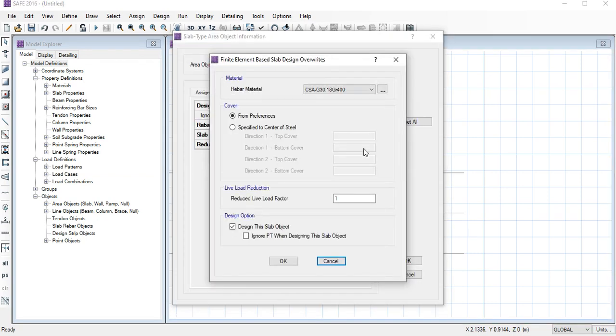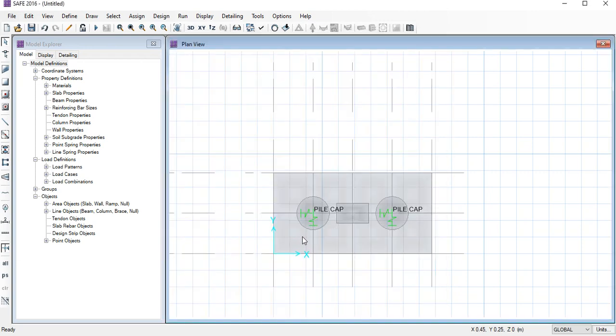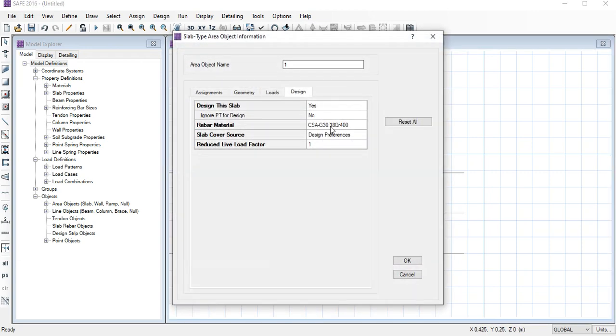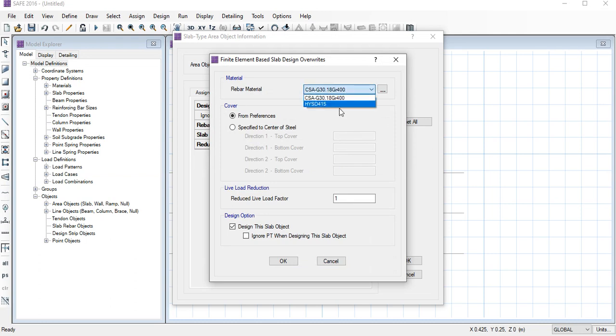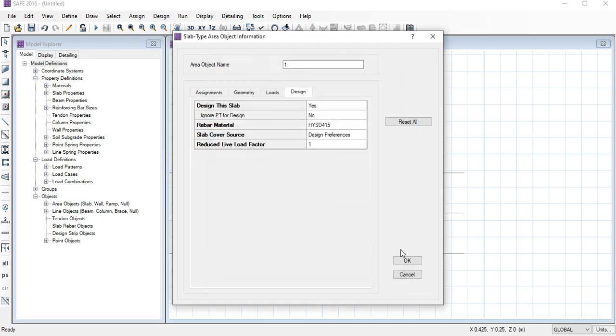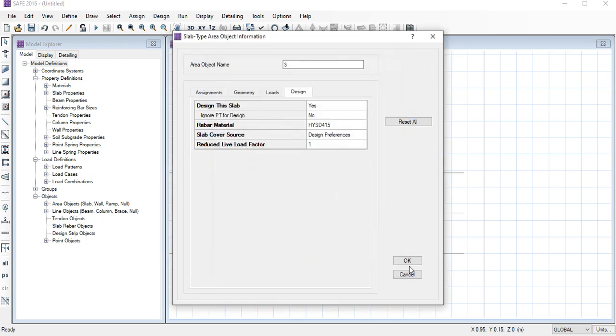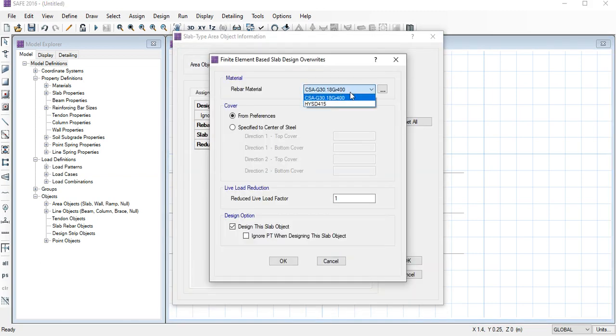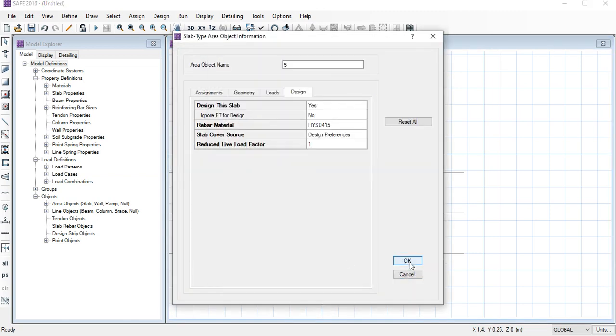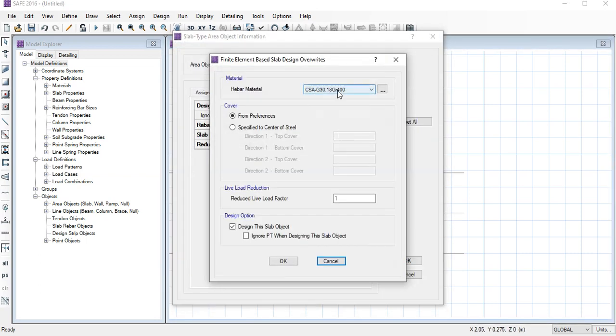That means on the upper side there are 4 sections, so we have to assign rebar to all sections. One by one it takes quite some time, but don't worry, because we have to do it; without doing these things the software will not design the steel. So for designing the steel we need to do it. That's why I'm doing this. If you are doing this, you also need to do it.